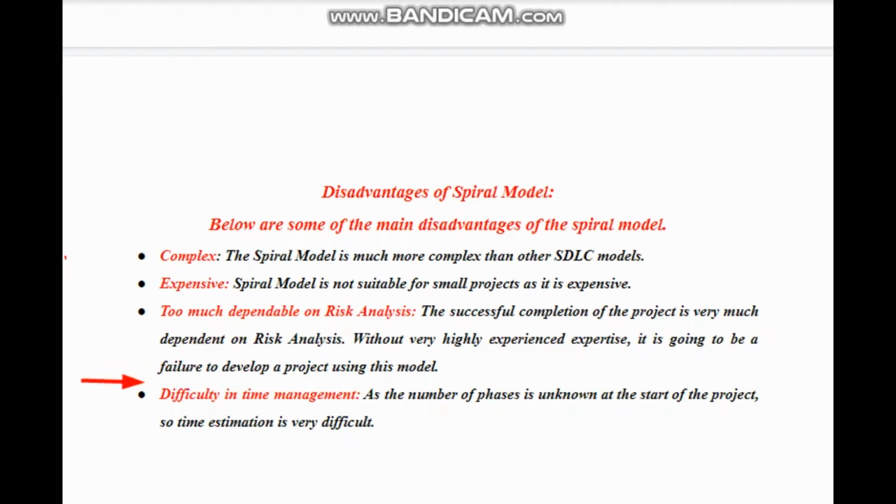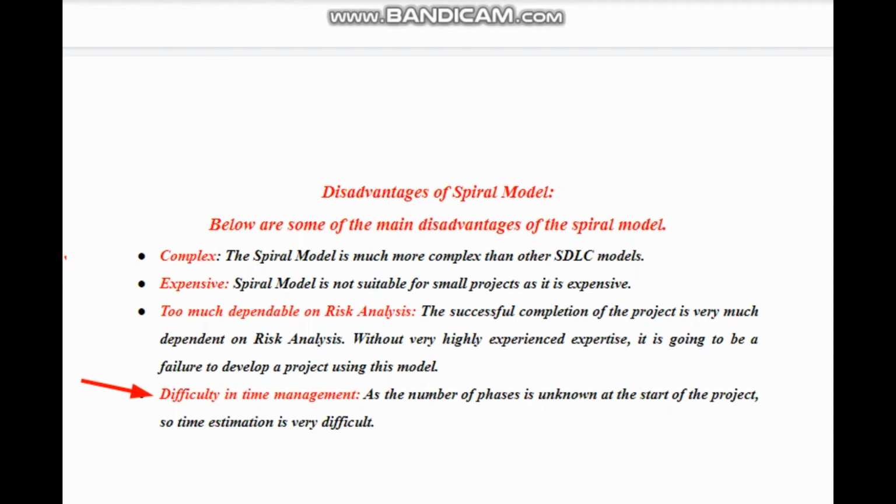Yes, because as this is used for a complex project, we cannot predict the time at the beginning. Some basic timing can be predicted, but still that's the difficulty, not in time management but in the prediction of time, how much time exactly the project may need.